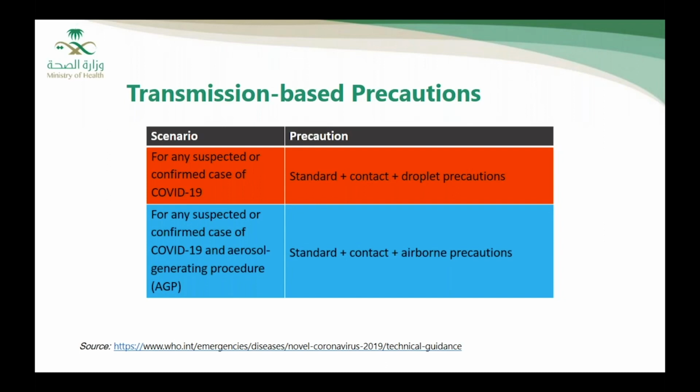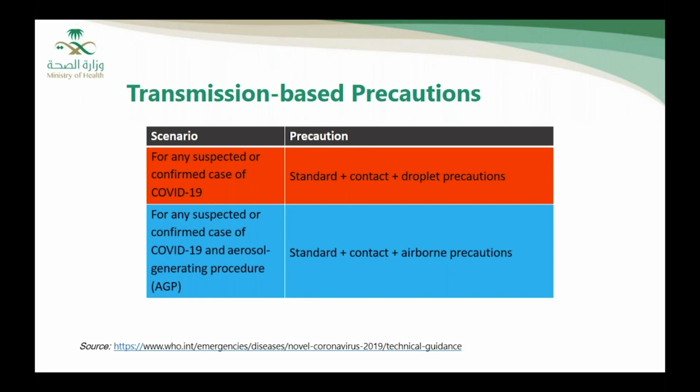Transmission-based precaution scenario: for any suspected or confirmed case of COVID-19, you should use standard precaution, contact precaution, and droplet precaution, which we are using here. Like the recommendation mentions, you can use a surgical mask if you will not do any invasive